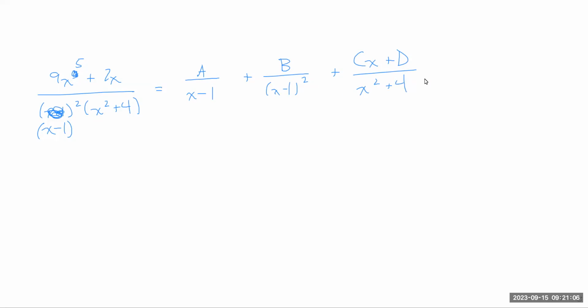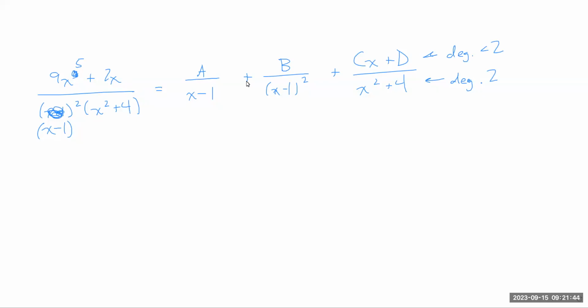Okay, how did you decide to do the CX plus D? Good question. Why? The power. What about the powers? I have X squared, so right here I have degree 2. So the polynomial in the denominator is degree 2, which means the expression in the numerator has to be degree less than 2. But all I can say is that it's less. I can't say that it's a constant. Then why didn't you do that with the